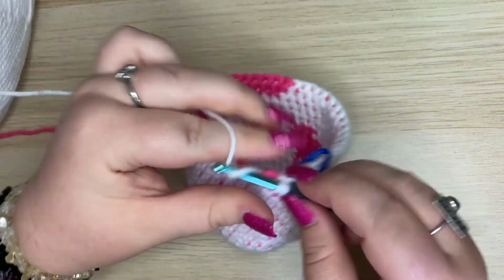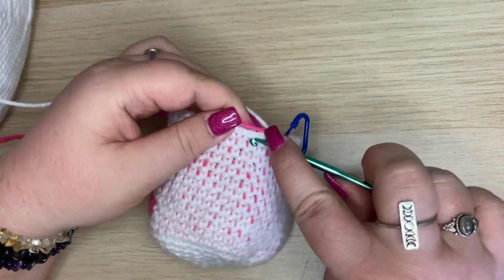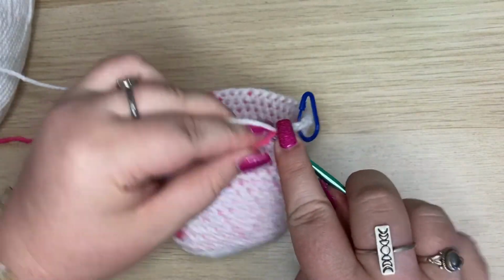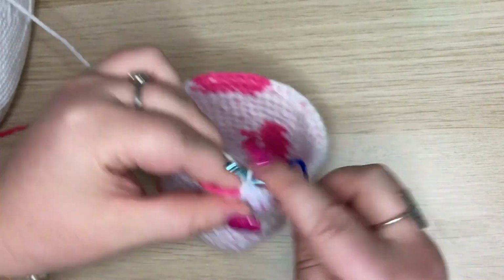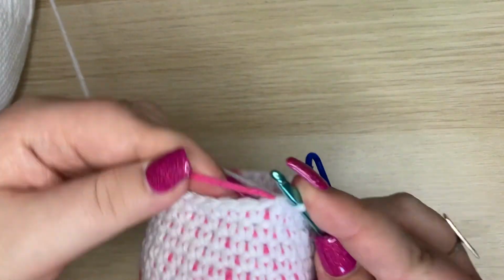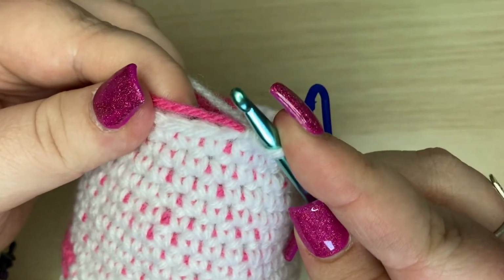Our next row starts off the same as any other, but this row will be different because this is where we are going to start to decrease, which will eventually close off our plushie. You want to place single crochets in the first 5 stitches, and on that 6th stitch we are going to